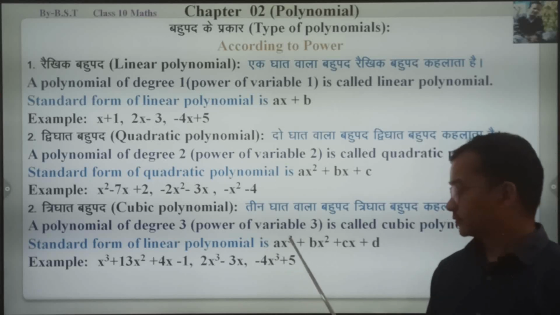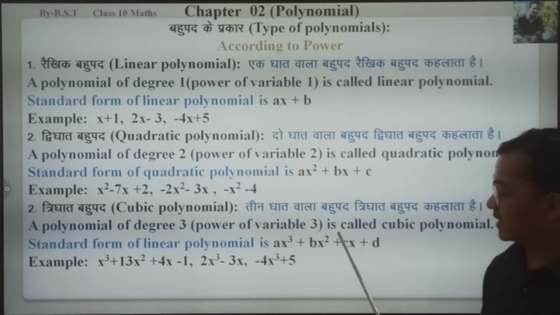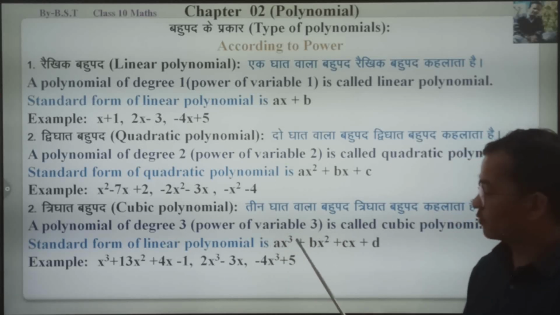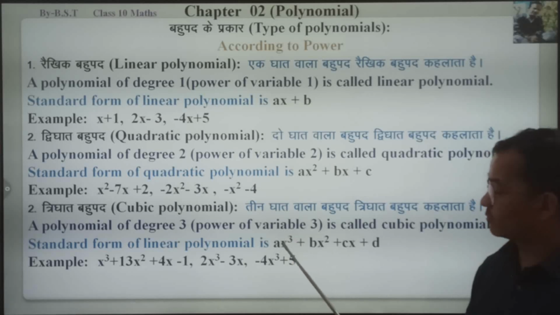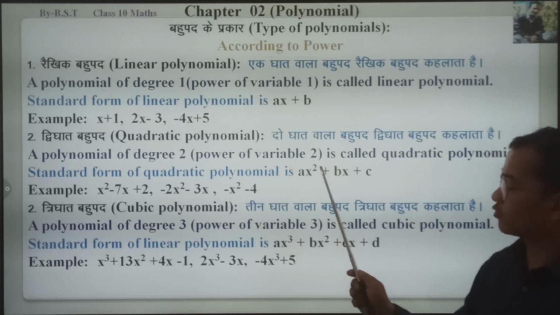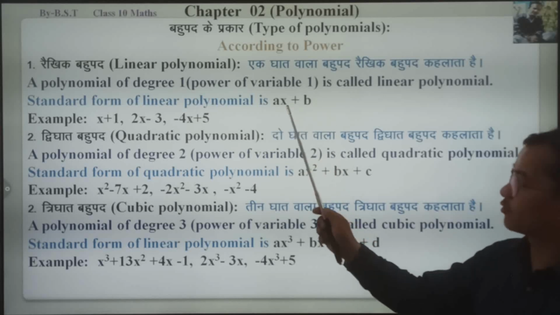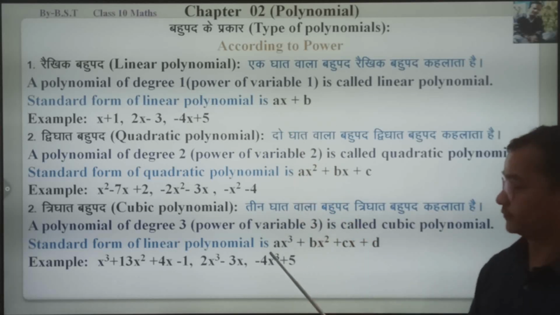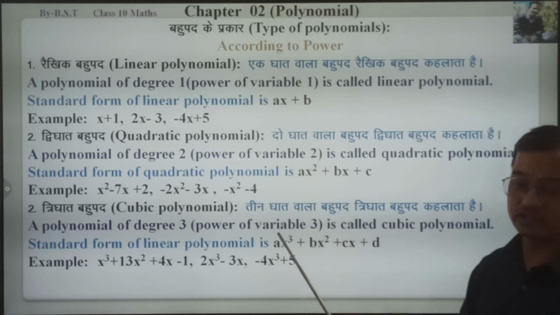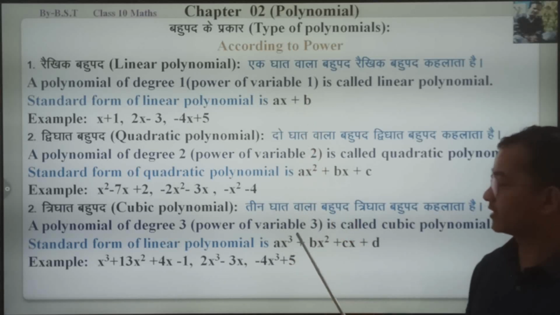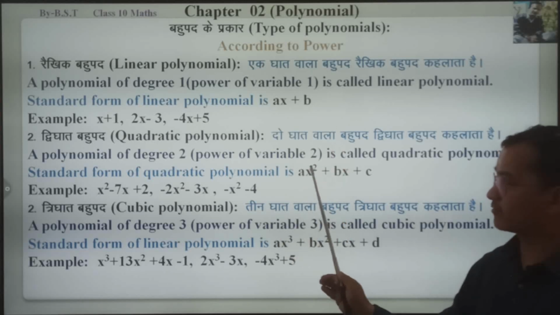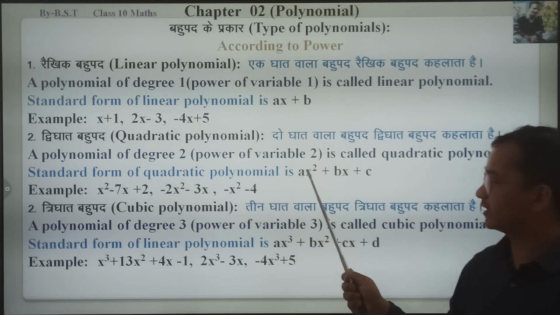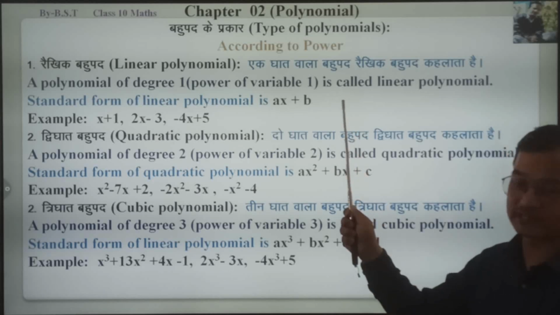Okay, so we see that in the cubic polynomial, the coefficient of x cube is a. ए नेवर जीरो, किसी भी पॉलिनोमियल के लिए a कभी जीरो नहीं होगा. यदि a जीरो हो जाएगा तो आप देख लीजिए कि ये टर्म्स गायब हो जाएंगे, फिर तो वो आपका लीनियर पॉलिनोमियल बन जाता है.